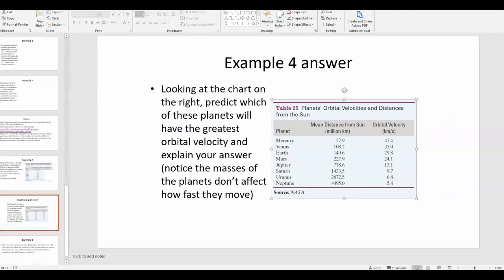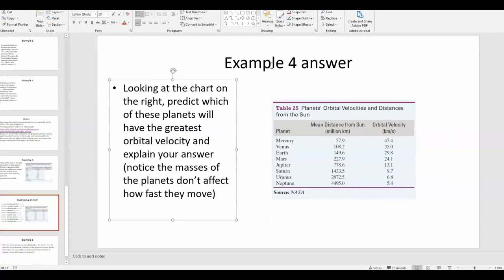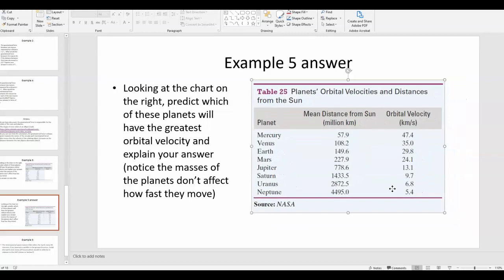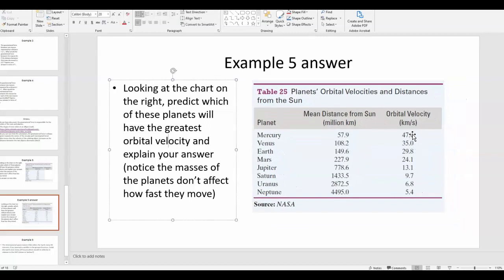Okay, and of course, based off of what we just talked about, like literally on the last slide, the closer the planet is to the Sun, the faster it's moving. So here you can see the full chart where you see Mercury actually has the highest orbital velocity. It's moving the fastest because it's closest to the Sun. Mercury is moving 47.4 kilometers per second, whereas Neptune, which is the farthest planet from the Sun, is